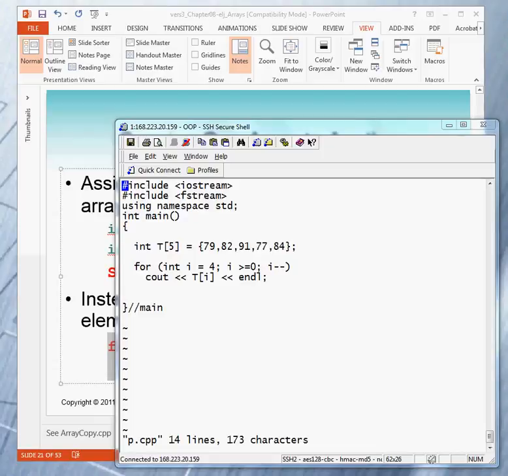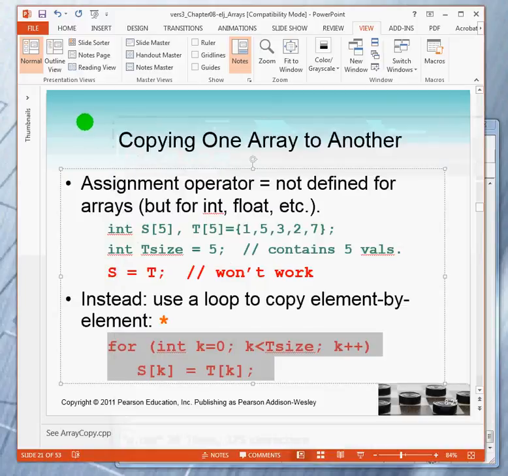Welcome back. We're going to do a brief demo showing you how to do two things with arrays. One is to copy the values in one array into another, and secondly, we're going to show you how to compare two arrays to see if they are equivalent, whether they contain the same number of elements. So let's take a look at